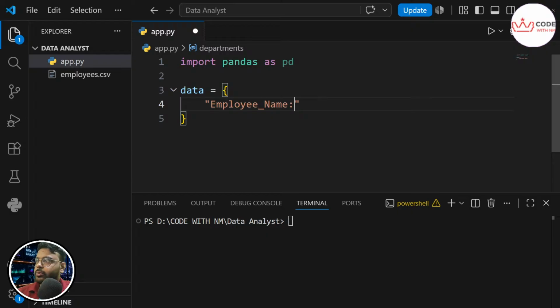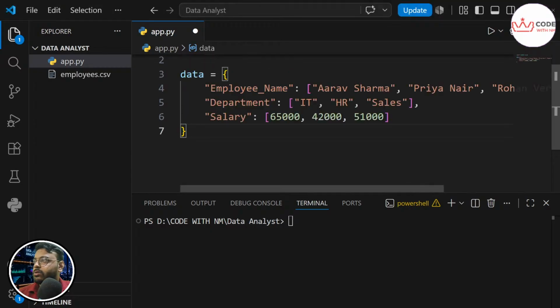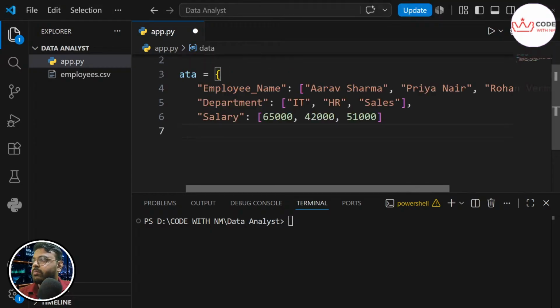If you are doing this with me, I can copy paste this in the live chat, so you don't need to type it manually. Let me give you this data itself. It will save our time.